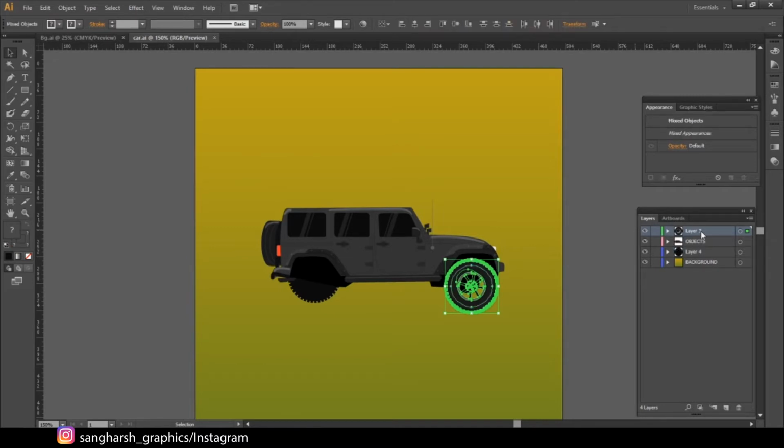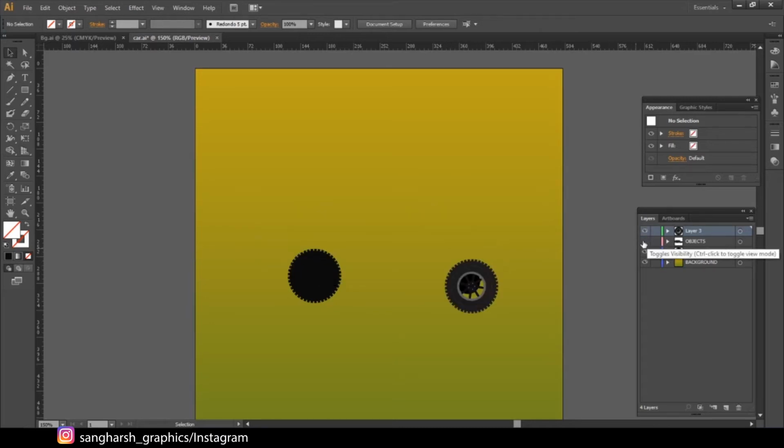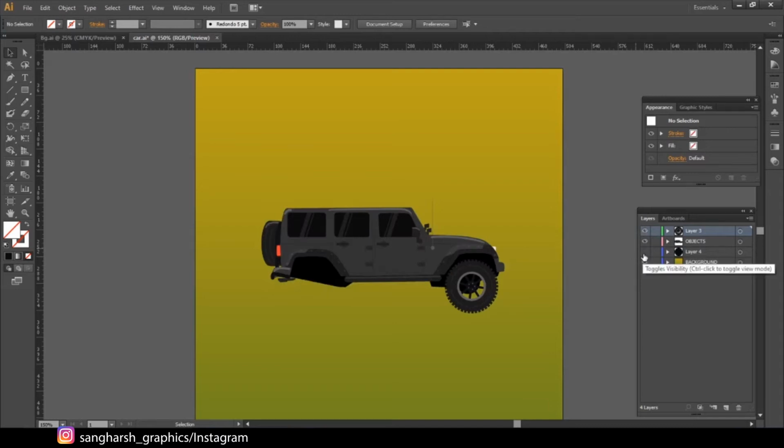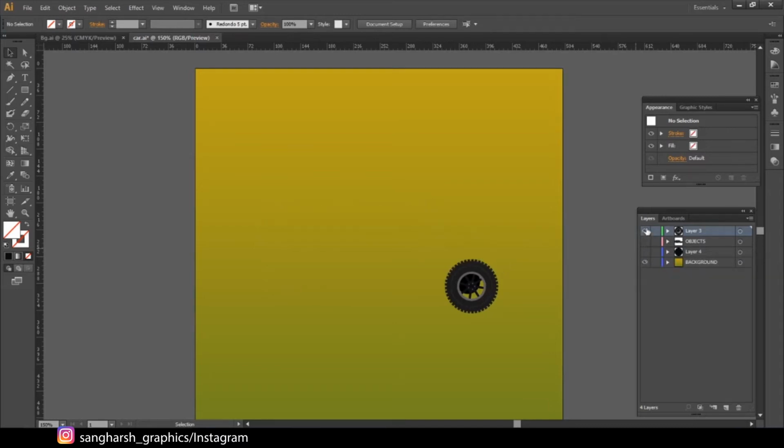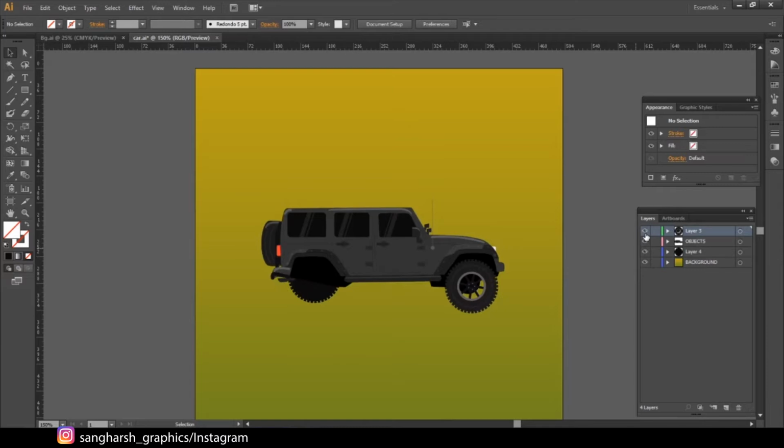Like this, as you can see, the tire is on a different layer, and all the object is on a different layer, and the back tire is on a different layer. I have made 3 different layers like this, because it will import 3 different layers in Adobe Animate as well. So this was about the main car.